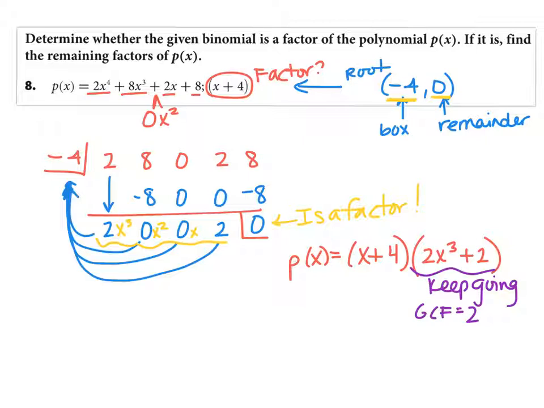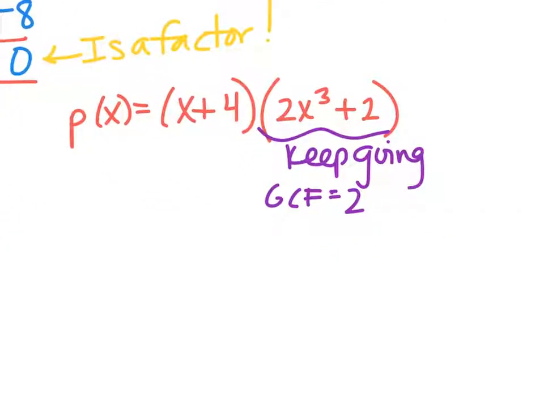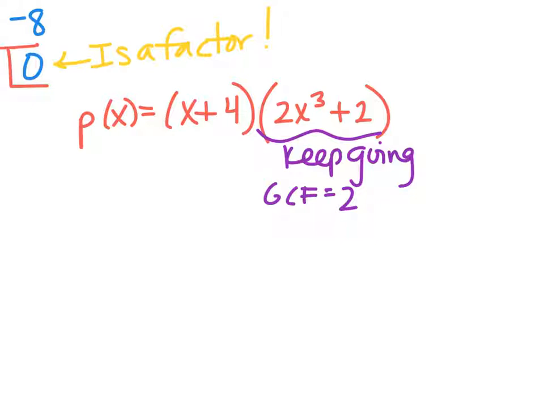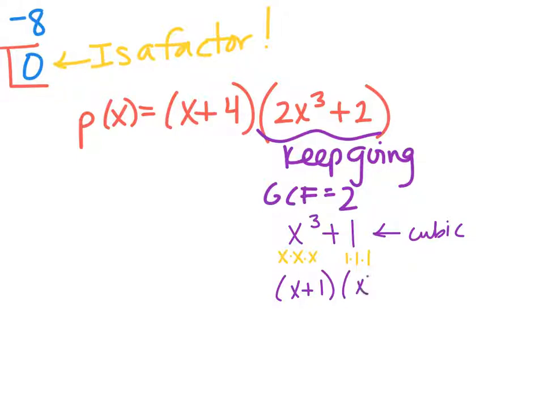Sorry, technical difficulties. All right, GCF is 2. So if I take that GCF out of just that part, that's going to give me x to the third plus 1. And hopefully you recognize that this is that cubic pattern, that sum of cubes. So that's going to give me x plus 1. Right, this is the one here. I'll write it out just so we see all the different parts. This is the one that's going to give me like x times x times x, 1 times 1 times 1. All right, so that's going to give me a factor of x plus 1. And then x squared. Multiply them together and change the sign, so minus x or minus 1x if you want,